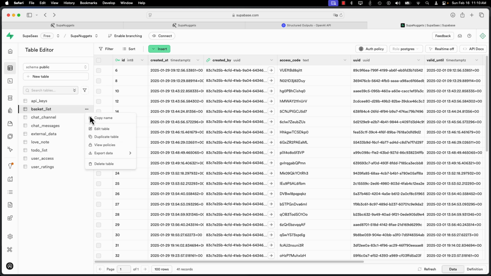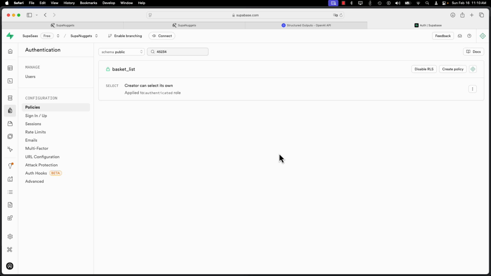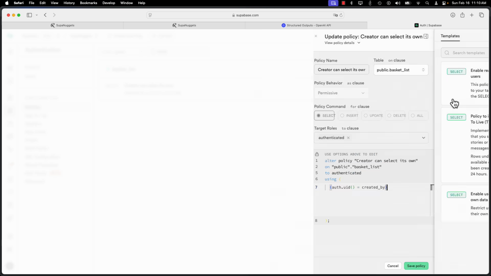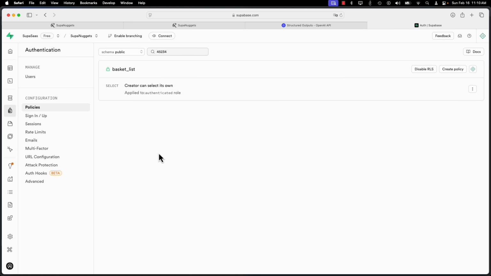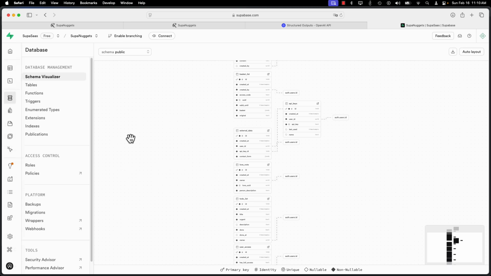From the policy perspective, I couldn't have any policy. I have only one that allows you to select the basket that you created, but it's not used in the code anywhere, because I'm handling this authentication with the RPC function. And now from the function perspective,